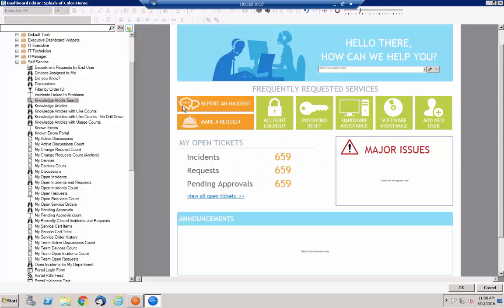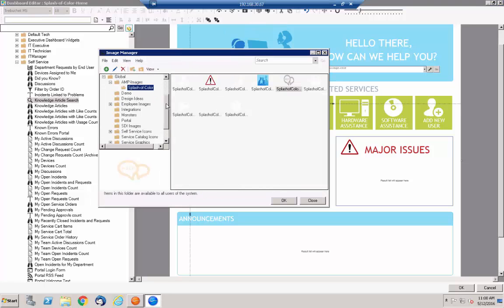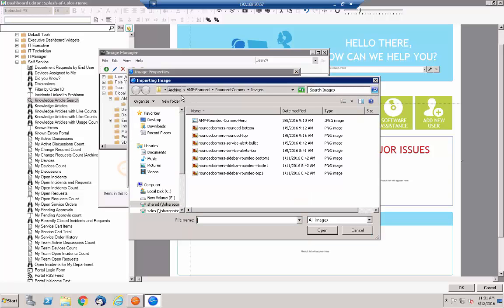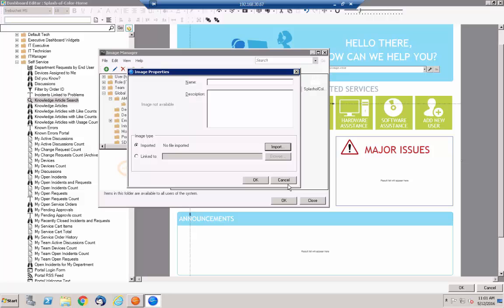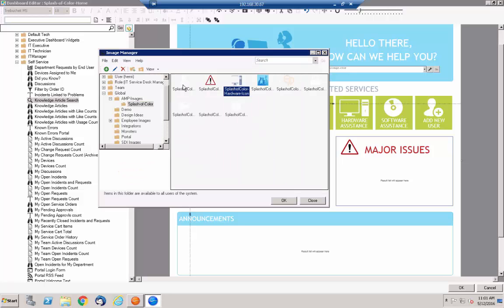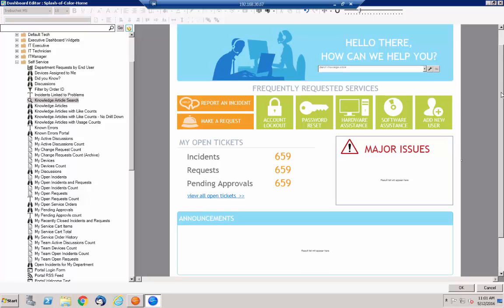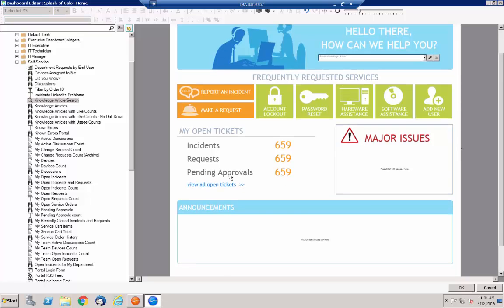So if you want to swap out an image, you can just select the image and click on the camera button, and then you can go ahead and import new graphics through this process. You can change it if you wanted to use one of the other icons that are in the system. If you want to remove something, you select it. Say maybe you don't have approval set up right now and you want to remove that, go ahead and select